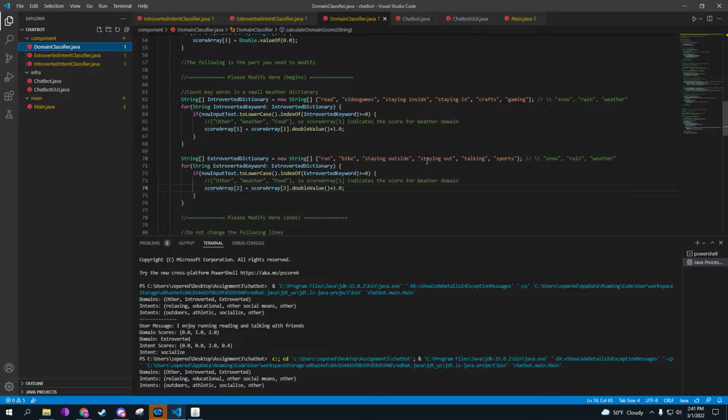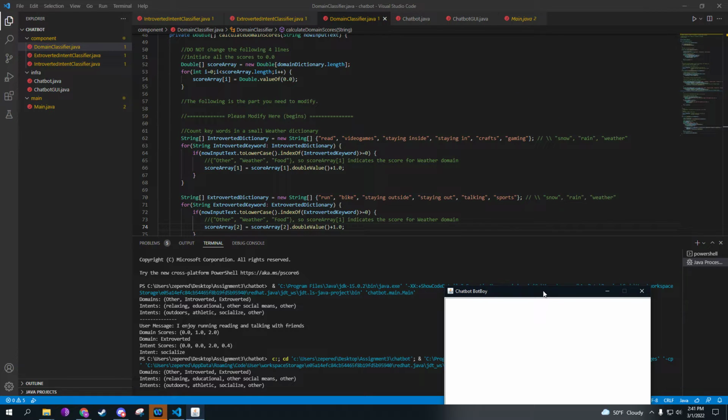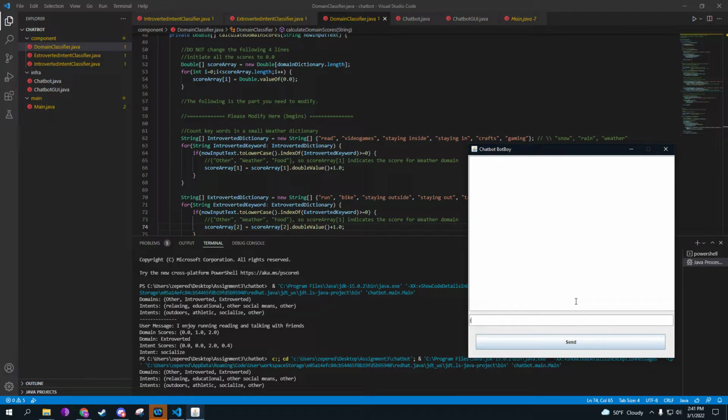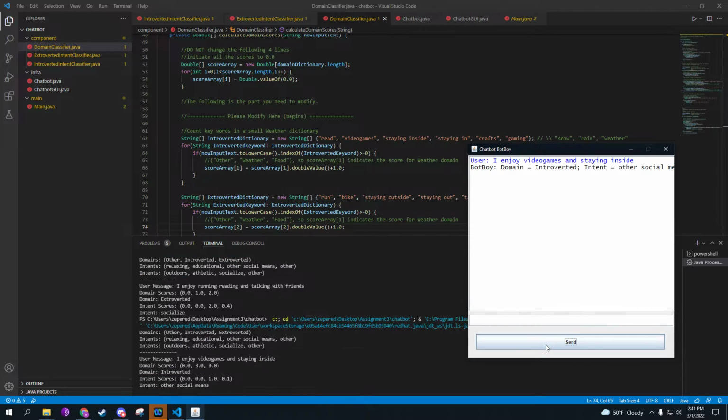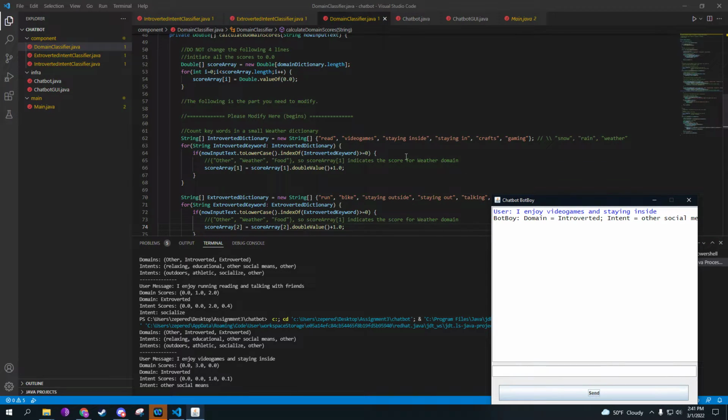But in our domain classifier, we want to see, okay, let's say we say, I enjoy video games and staying inside, right? Something very introverted. Go ahead, and it says introverted and other social means with the category.